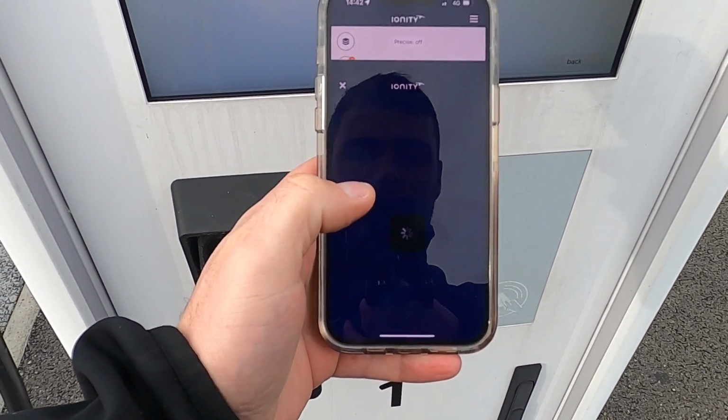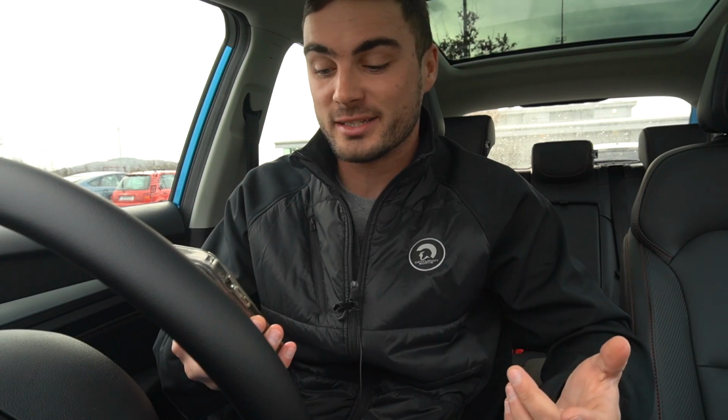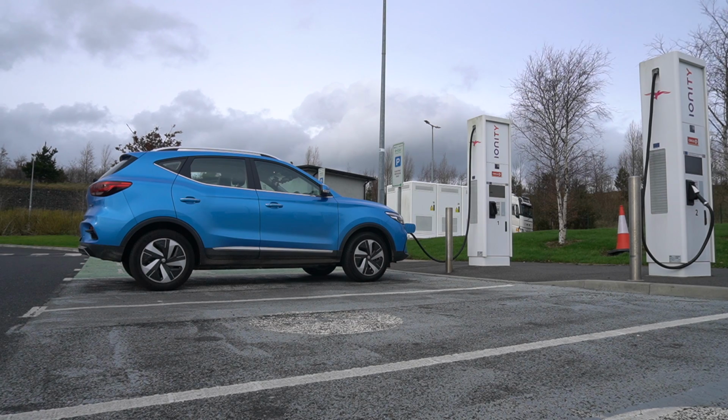Okay, so I've just plugged it in, and it's pretty easy. You don't need a card or anything. You just need the app. You say what charger you're at and then you authorize it. In terms of my current output, I'm getting 42 kilowatts. Now this car is able to charge at 72 kilowatts, but it's all to do with where your battery is,